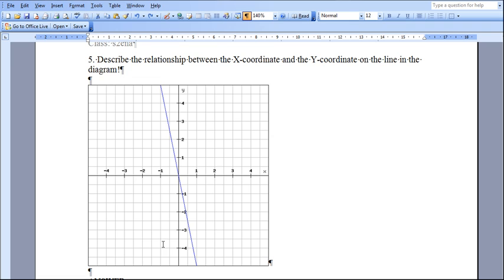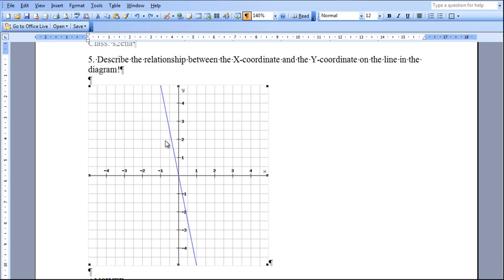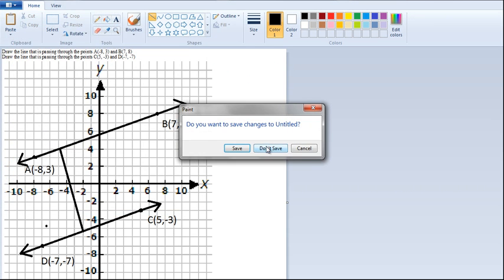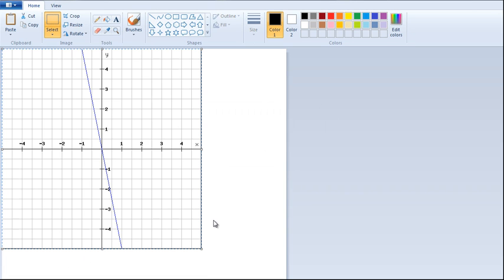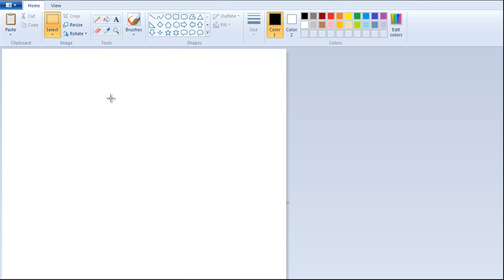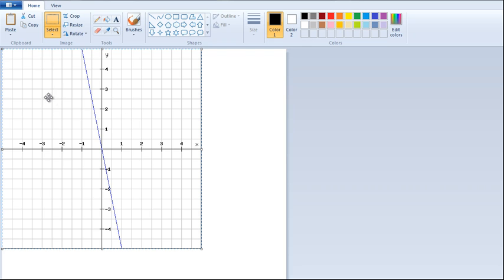Number 5, we have to describe the relationship between the x-coordinate and the y-coordinate on the line in the diagram below. Okay, so we have this line. Let's copy this into Paint so we can work with it a little bit. As we can see here,